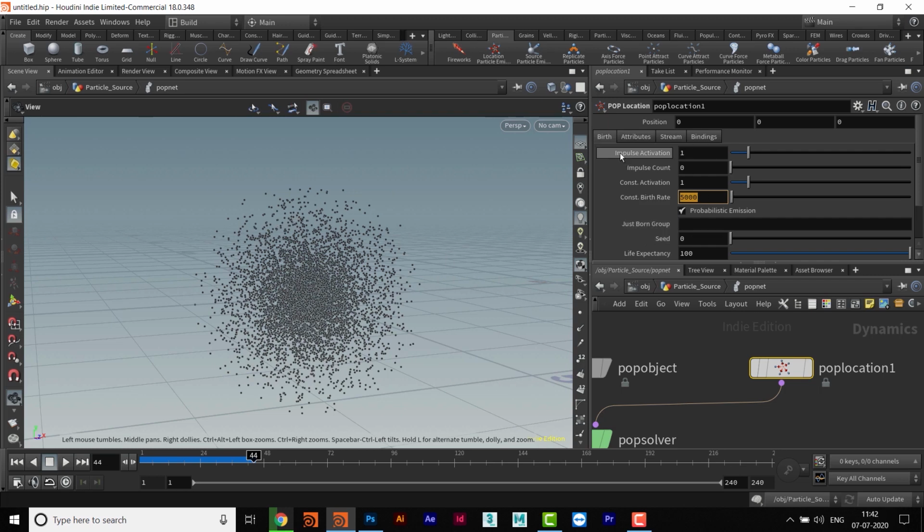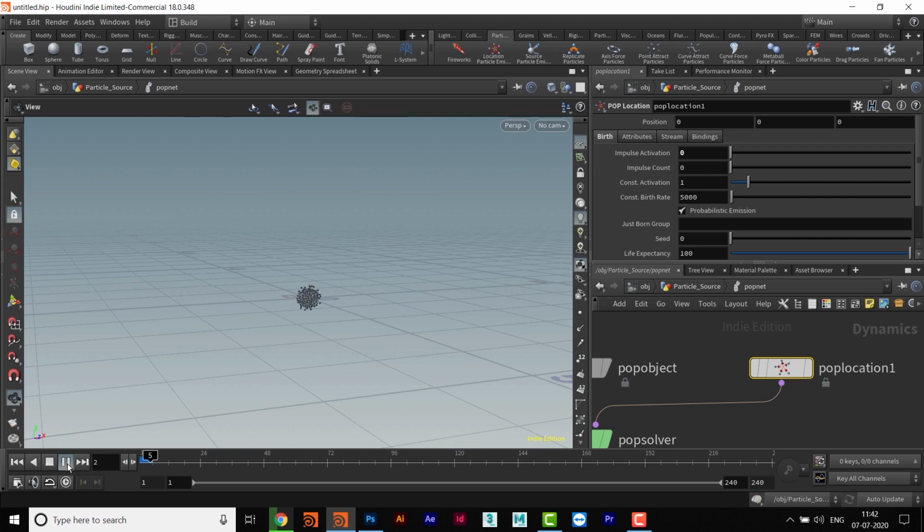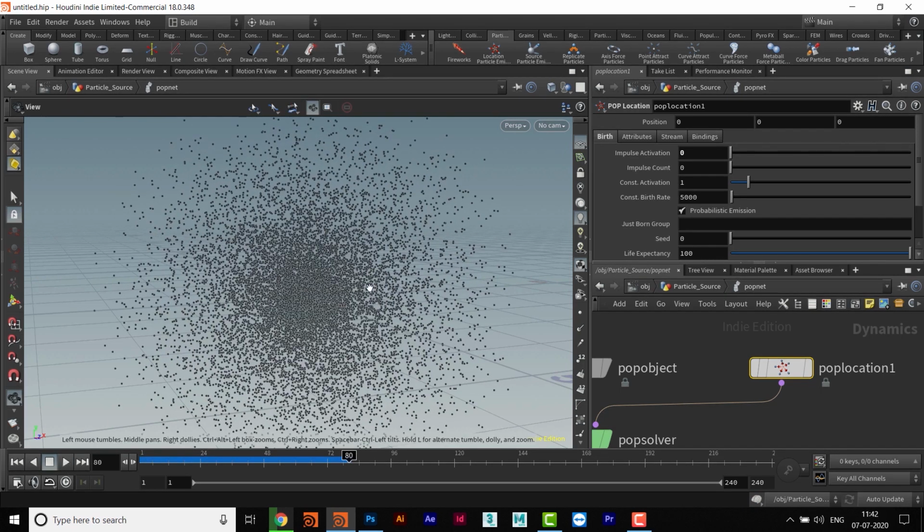So even if I keep the impulse activation at 0, you will see there is no change in the simulation, and the particles are being emitted from the location. The constant birth rate is 5000 particles, and that is particles emitted per second.